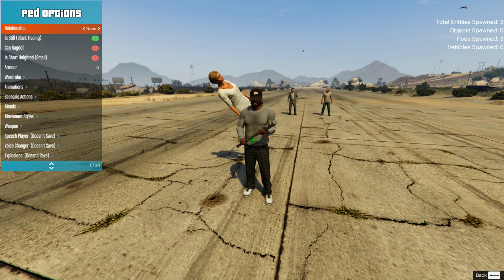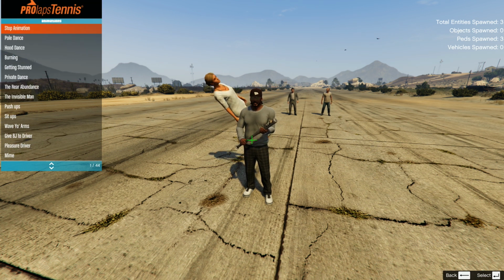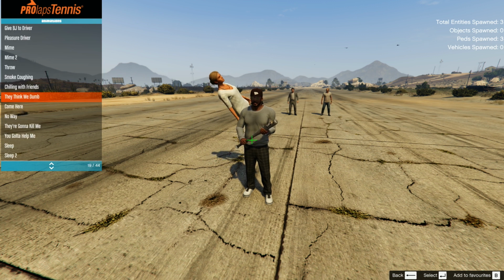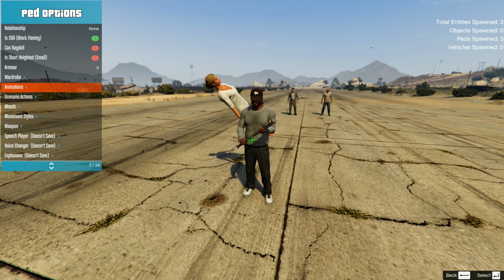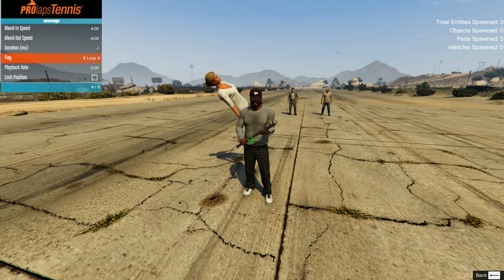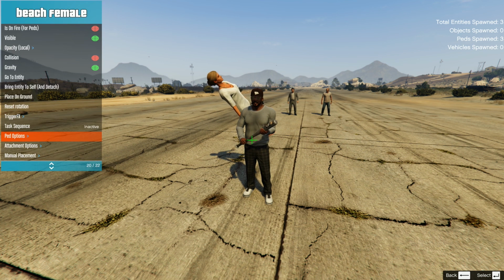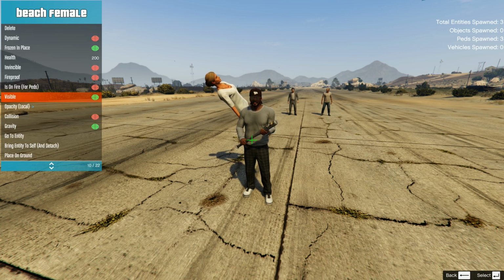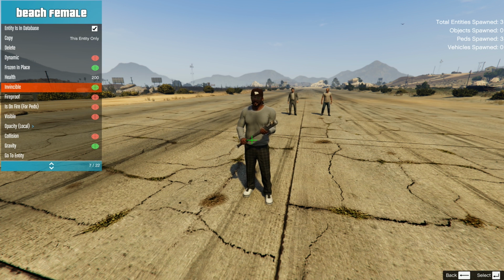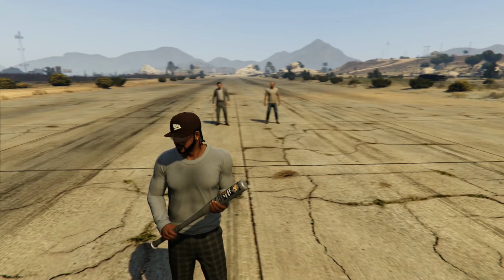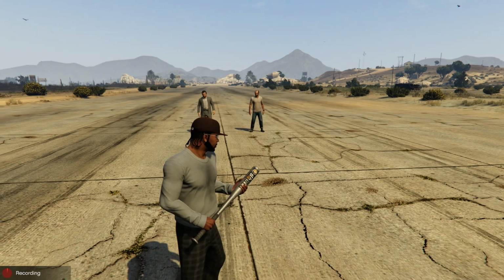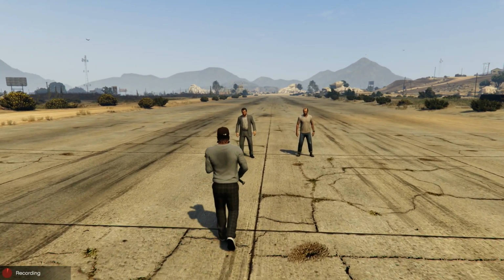So while still having the ped selected, you go down there to Ped Options, Animations, and then from this predefined selection you apply Stand Still, Arm Spread. It is important that the animation is looped so the ped will hold still like this indefinitely. Last but not least, since you don't want to see this ped in the final shot, you make him or her invisible. Also, just for safe measure, activate the invincibility here. Then you can just record whatever you want your character to do in the scene, like walking around and then hitting someone with the bat.